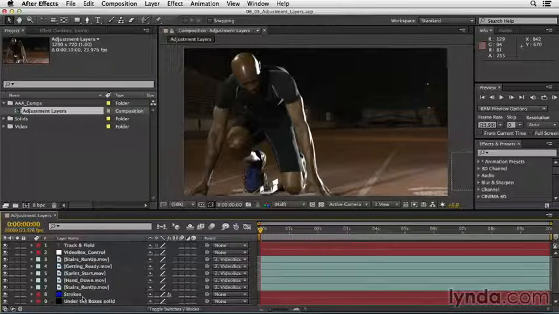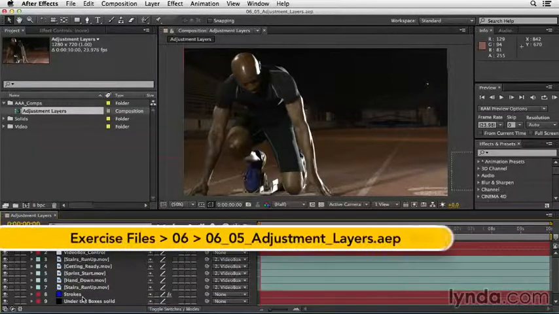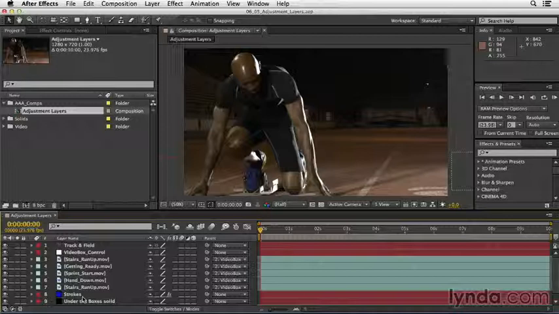Adjustment layers give you the ability to apply an effect to an invisible layer, but the position of that layer allows you to determine exactly how many layers you'd like that effect to be applied to. So it's great to make overall adjustments to a composition or multiple layers in a composition. Let's check out the project we're looking at and see how we can use adjustment layers to make it a